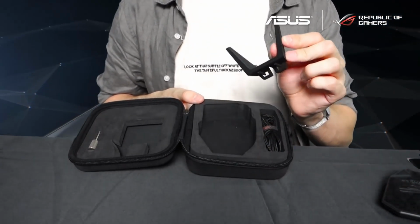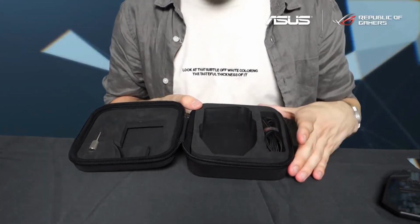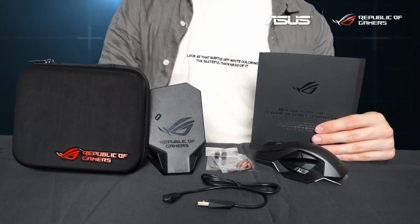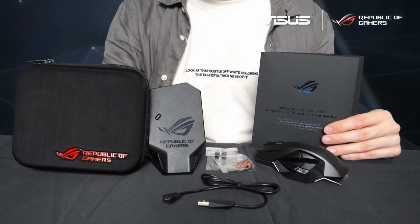This part here is the stand for the charger. And that is pretty much it. So there you have it. This is everything you get with the ROG Spatha. Hopefully you'll agree that this is exactly the kind of unboxing experience you would want from a high-end mouse like